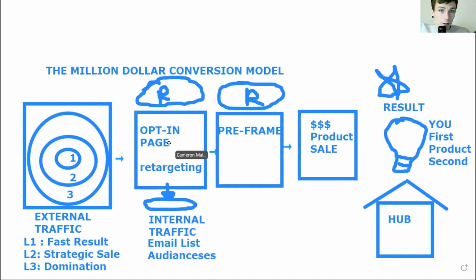Like I said, the product really is irrelevant compared to what your marketing system is talking about. Is it an indirect promotion where you're talking about something like the $1 million conversion model? This is an indirect way to talk about something, okay? Whereas I could just be talking to you about a specific product that helps you do all this. Really, we're talking about the $1 million conversion model, and we're going to spend some time here.